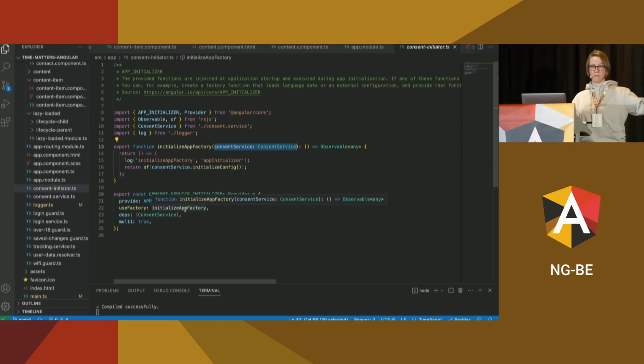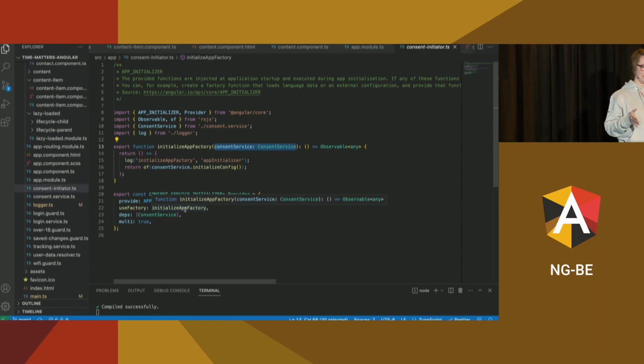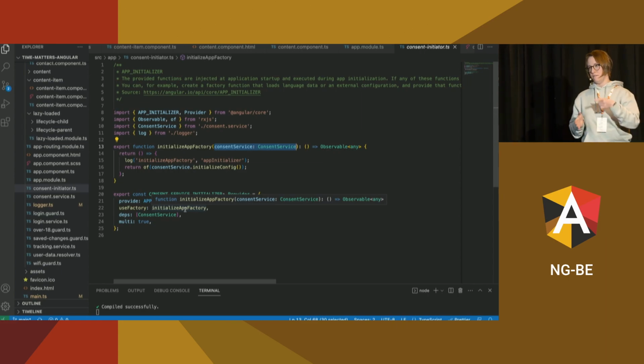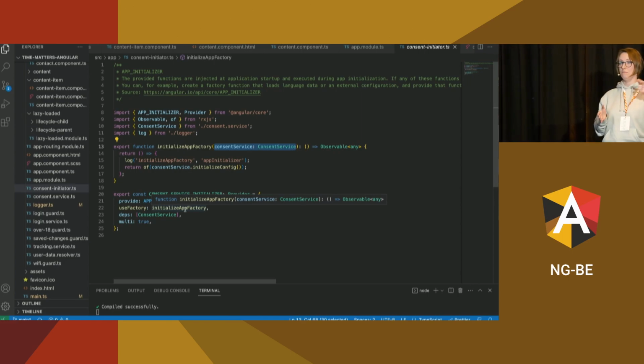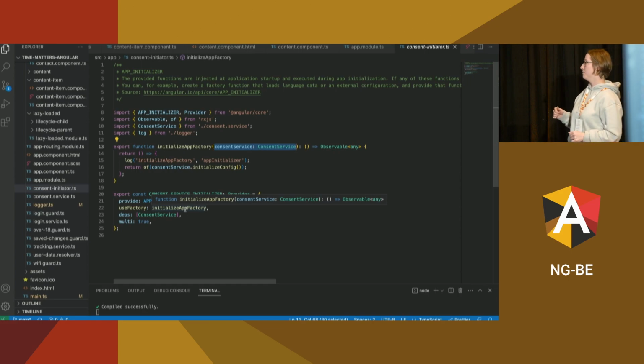So to sum up, there was a click of the user and the code execution. We had the onInit lifecycle hook. We had the constructor. We had some resolvers, can activate, can load. We have the bootstrap component. We have the app which is initialized. And I still have some place because we have the last injection token, which is a platform initializer. Because actually, the application needs a platform to run in, and this might be the browser, but we also have server-side rendered applications, Angular Universal, etc.